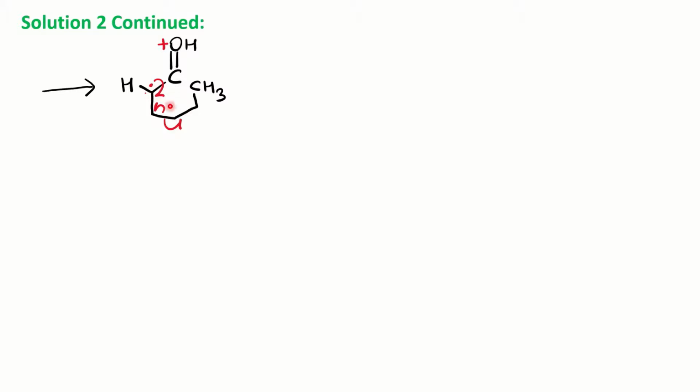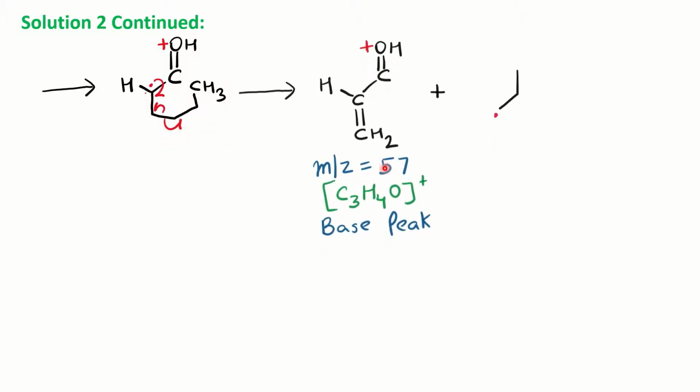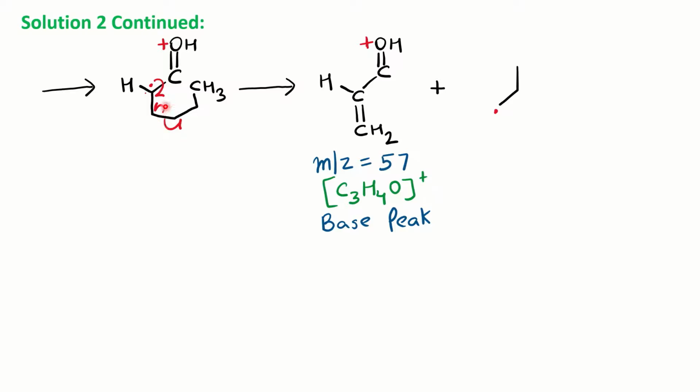Still we can do some more here to stabilize this carbocation. So what is happening, this particular bond is giving its one electron here so that it can form a resonance stabilized double bond, carbocation, followed by the loss of this free radical species. So you can see if this bond is giving its electron here, it's going to form a double bond, and this double bond is resonance stabilized, and resonance stabilized carbocations are most stable.